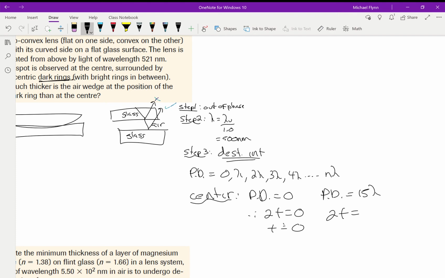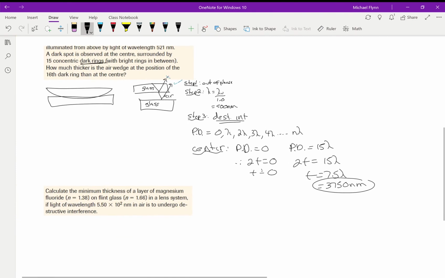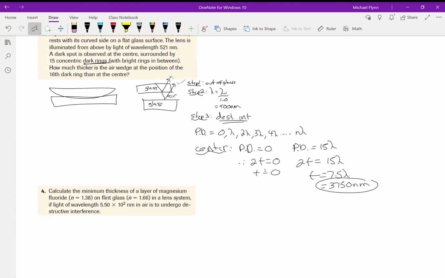So 2t equals 15 lambda, right? T will equal 7.5 wavelengths then. Now we just go ahead, plug in your wavelength. So just plug in 500. So it'll be 7.5 times 500. That's 3750 nanometers. So how much thicker is it? This is your answer. Because the other one's 0, the 15th ring would be 3750 nanometers. Okay,